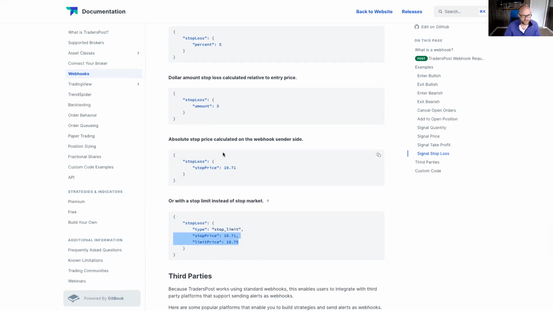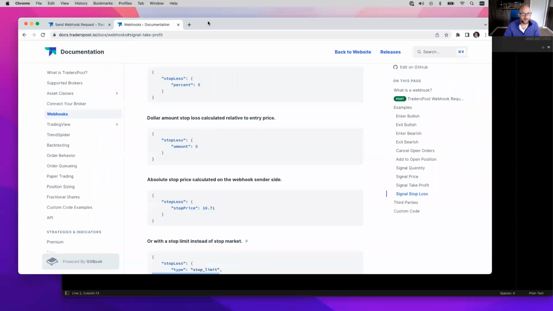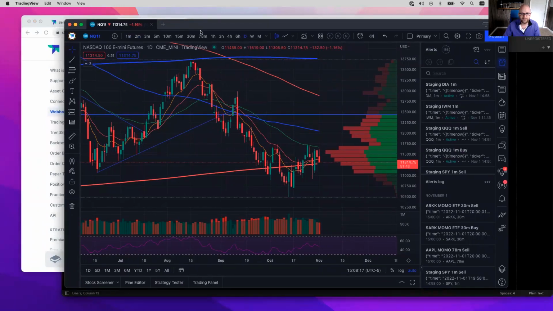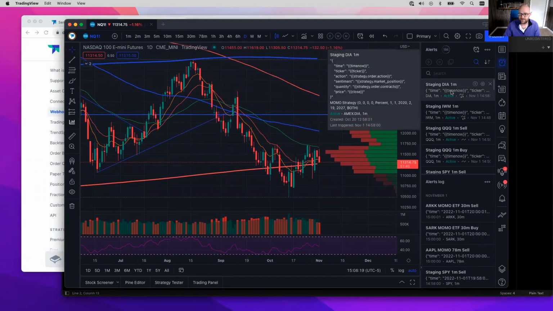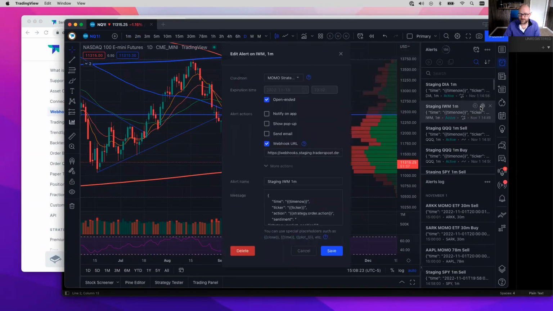So that's pretty much it for that feature. That can be really useful. So let me pull over my TradingView and show you some examples here. So I have these alerts already set up for these. This is in my test environment, but you can see here, I'm specifying a 5% take profit and a 1%